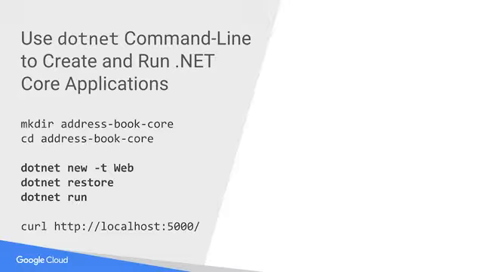Finally, we execute the application using .NET Run. This will start up a simple web server on port 5000. We can connect to our application using curl. When we do this, the .NET Core runtime will compile our application, respond to the HTTP request, and send back an HTTP response.